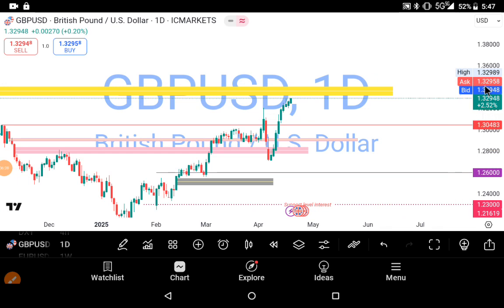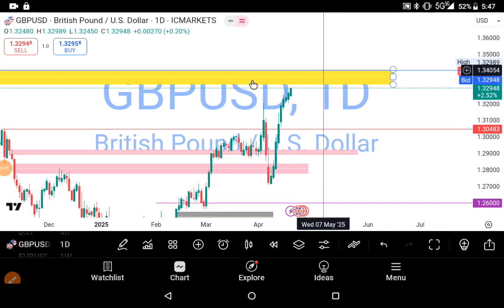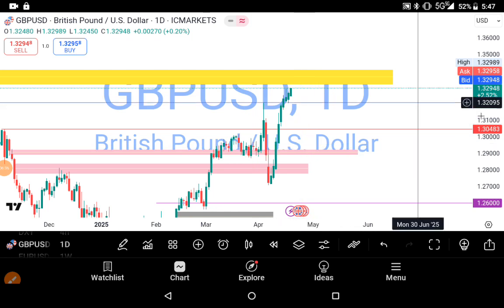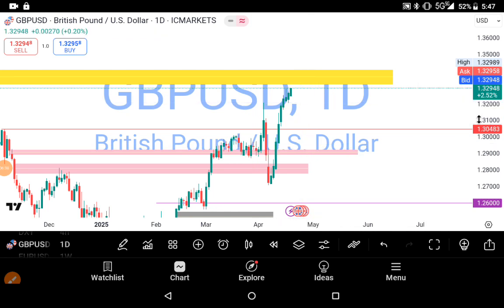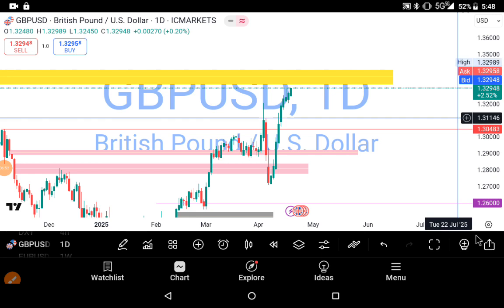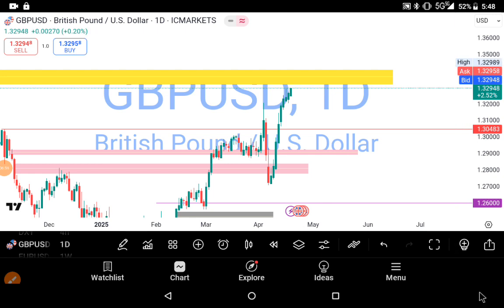So if at all the market should see a lower price, I think 1.31 thousand will be the next on the downside. But on the upside, I'll be watching that high at 1.34343 and the midpoint, which is the consequent encroachment of the weekly volume imbalance. Am I clear enough?